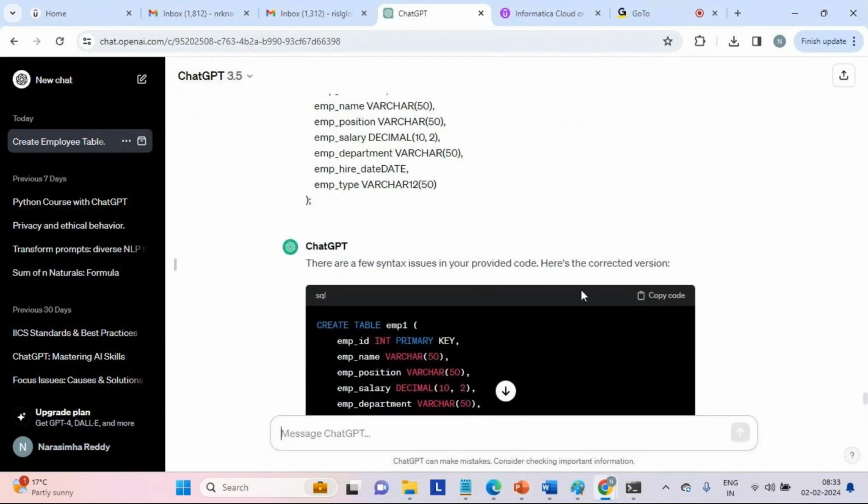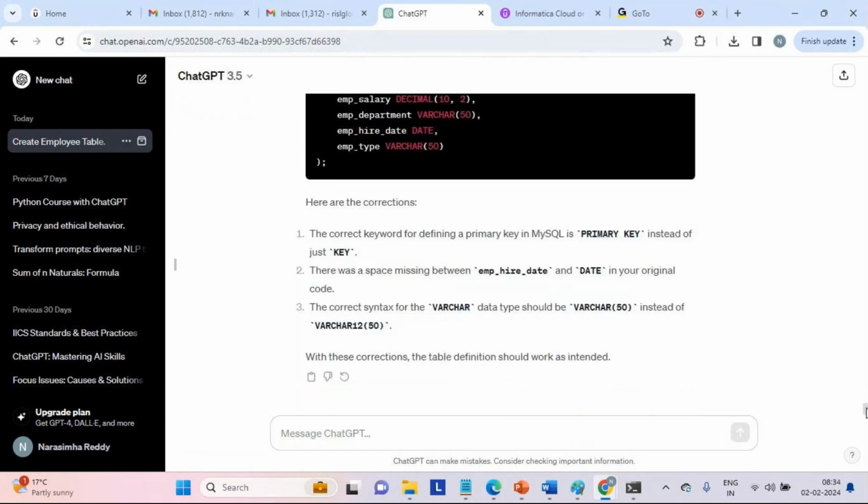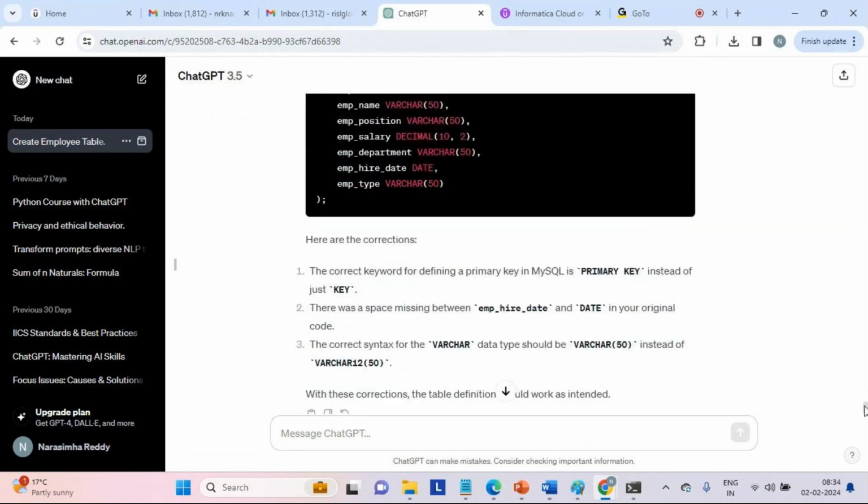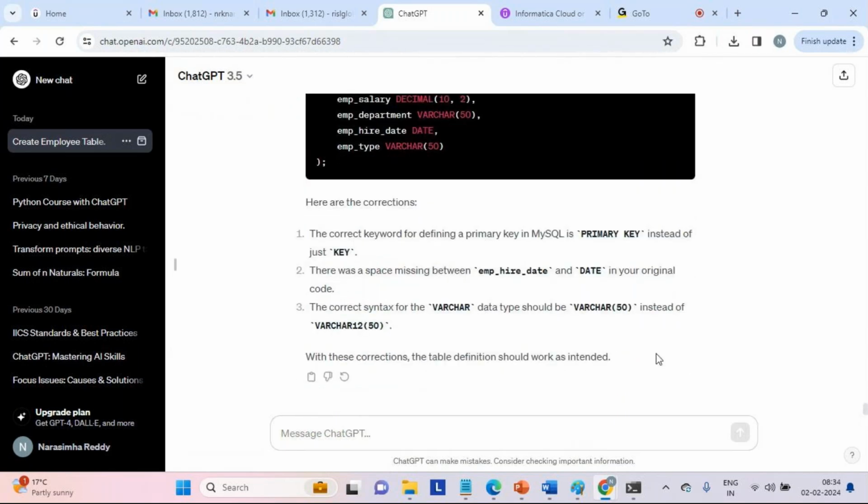See here, there are few syntax issues provided in the code. The corrected version, you can see at the bottom. So which means it remembered what we are doing here, like placing incorrect code and expecting correct. So we got corrected data here. So this way it knows how to remember. Second, it knows how to identify issues and fix them also. All of them will be done by using this GPT. Clear? Narasimha,